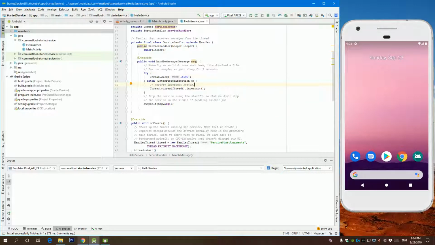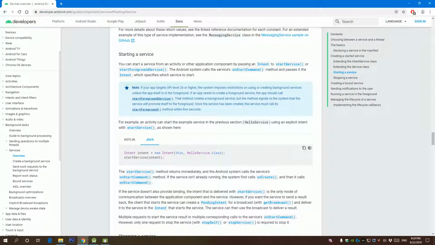Alright, let's go back to our documentation. If we look at this note here, it says if your app is targeting API level 26 or higher, you will need to start a service by calling startForegroundService. Otherwise, call startService, what we are doing now. And then after you call startForegroundService, you have to call startForeground from the service itself. You have to call this within 5 seconds from starting the service